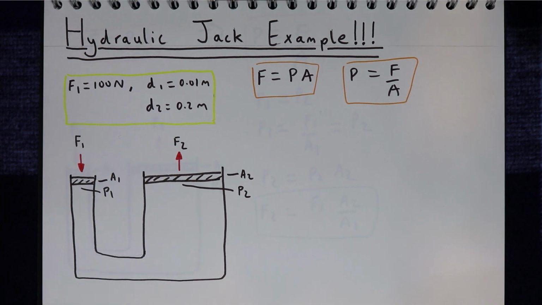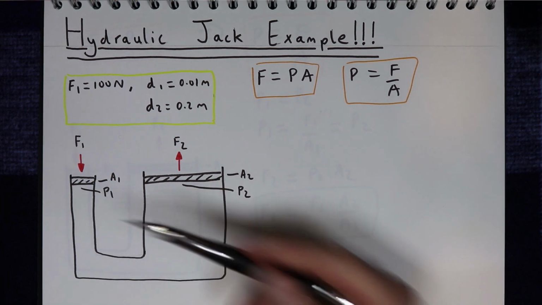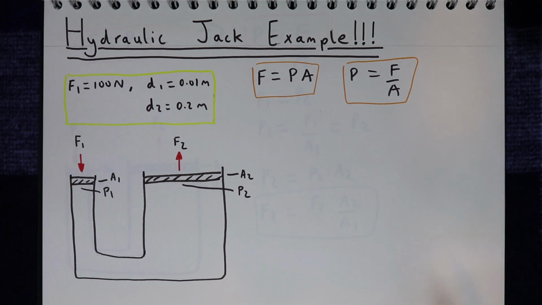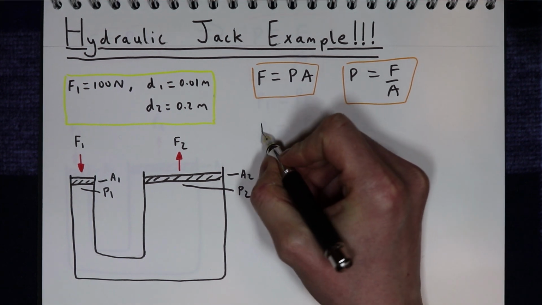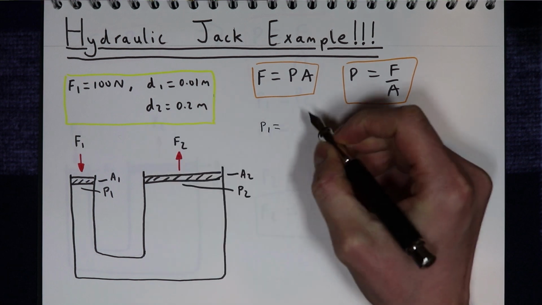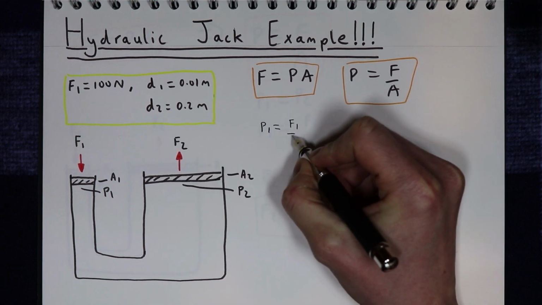The first thing we're going to do is work out the pressure under the first piston, P1. So we know that the pressure P1 is going to equal F1 over A1,